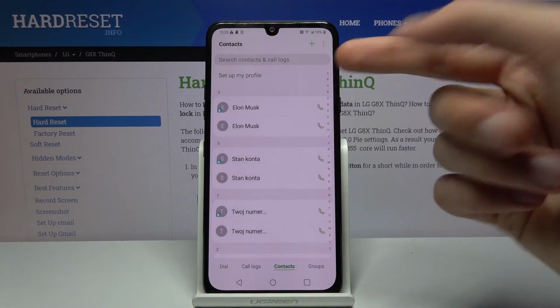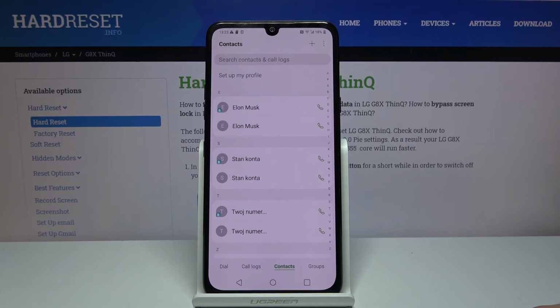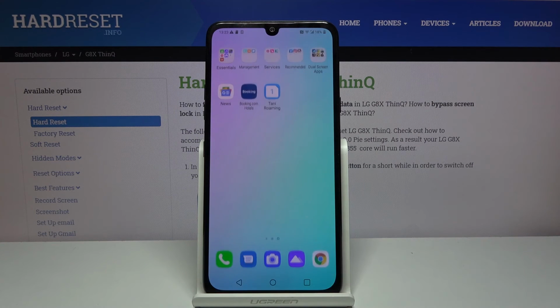So we have one on the SIM card, which is the one with the icon next to the letter. So this is on the SIM card, and if I were to remove it, half of them would disappear, while the one without any SIM icon would stay on the phone. So that's how you would